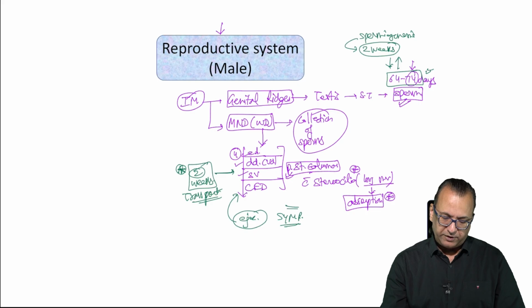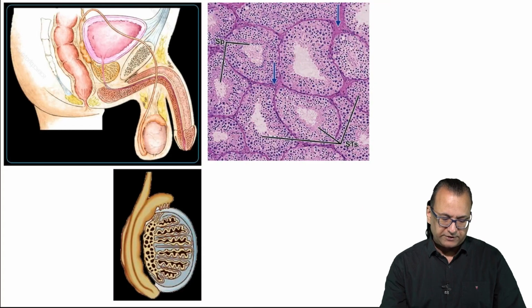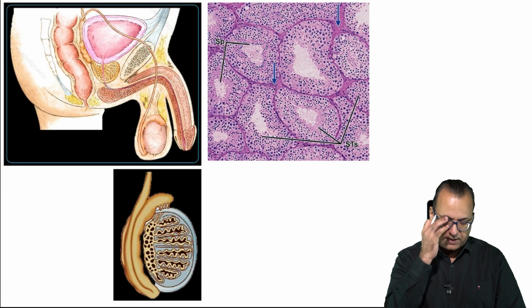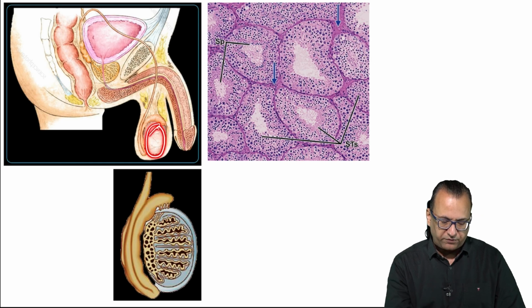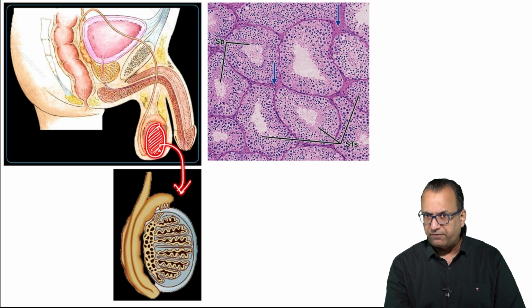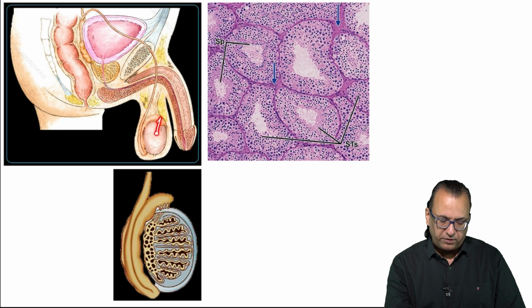So, with that information, we are looking at some of the slides. You see, the very first thing is we have to remember this is the testis, which came from the genital ridge. It will have seminiferous tubules, like the magnified view can be seen, but then the sperms which are formed will be transported to the epididymis. You can see this is the epididymis, and it will have a head, body, and tail. Epididymis, the tail will then continue further as the ductus deferens, which is also called vas deferens, and this is